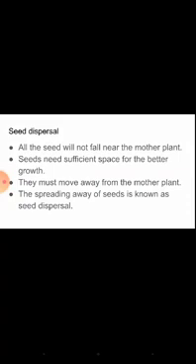While the farmer is sowing the seeds in his field, he has to leave sufficient space in between two seeds, so that the seed will get all the necessary nutrients and conditions needed for germination. They must move away from the mother plant, which means the seed has to be carried away from the mother plant. Then only can it get the nutrition and develop into a plant.